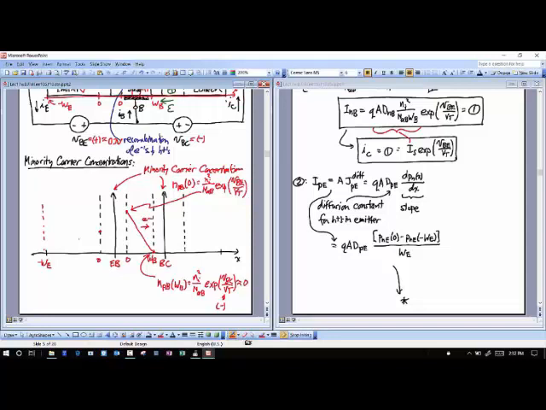If I assume the emitter length is big enough, then this is going to actually look like this. Hopefully I can draw it well enough. It'll do that. Okay? So most of that diffusion current generation happens right here in a very small length.